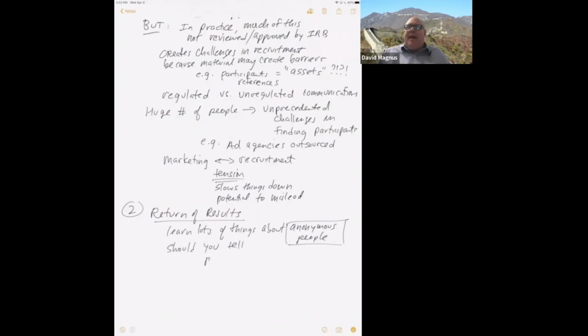If you look at biobanks or research repositories, there's a lot of variation around their practices with regard to return of results, ranging from some places that say we're going to draw a sharp boundary between research and practice, and so absolutely nothing goes back to you. Thank you for your samples. Thank you for access to your data. You're never going to hear from us again.